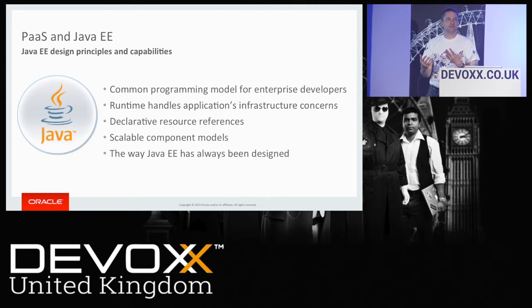Now, obviously, things have changed over time, so now you've got the Java persistence architecture, which gives you a slightly different way of mapping from the database into the objects that you have in your application server. But the fundamental ideas are still the same. What you want to be able to do is take these components, and this also ties in with what's become very popular over the last couple of years, which is microservices. Because essentially what you're doing by developing individual EJBs, by developing individual servlets, is developing things that can be, if you wanted to, deployed into a microservice. But what we're doing at this point is using the application server.